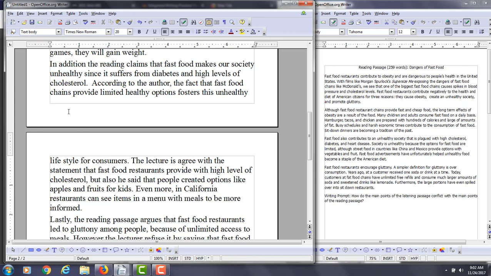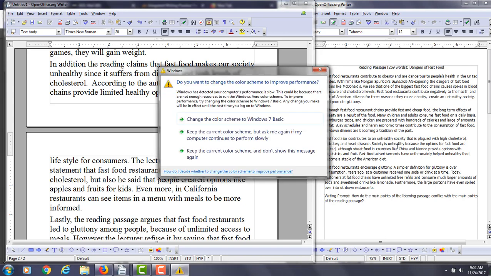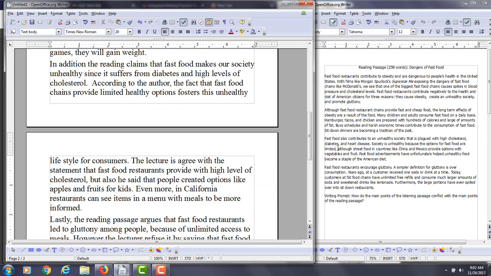This is probably good enough, but this idea here, you don't have to say everything in the reading passage, but it does say that society is unhealthy because the options are limited. That is a pretty big idea here. And then it does give some examples of China and Mexico which provide healthier options. It even says that fast food restaurants have made unhealthy food become a main part of our diets. I don't think you have to worry about saying that. Okay, so the lecture,